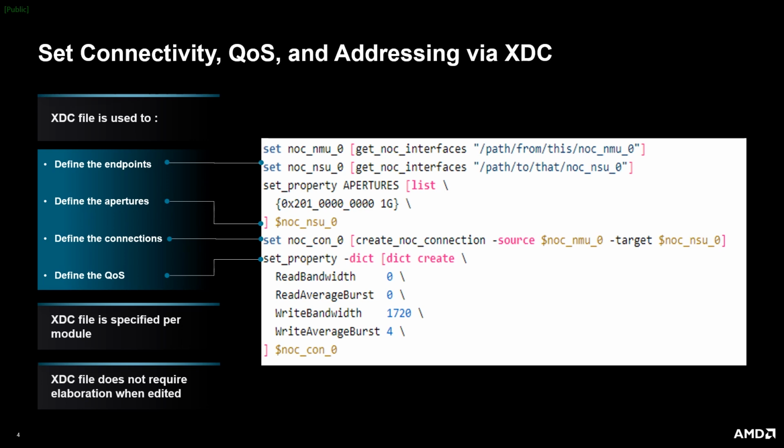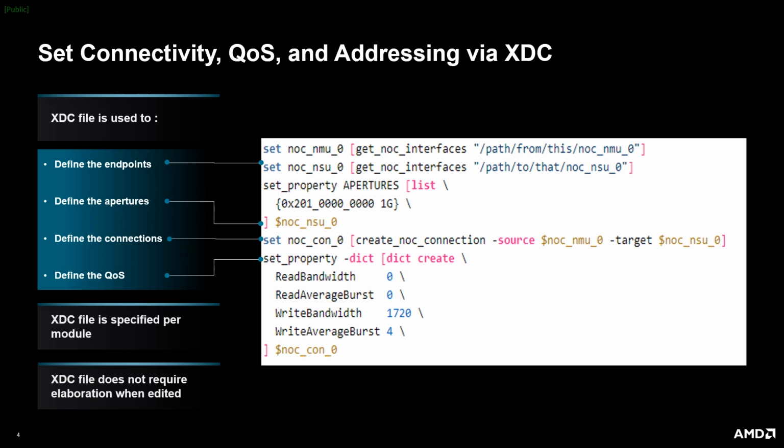Looking at the file, the first 2 lines of this file store the NMU and NSU instances into Tcl variables. These are given paths to NMU and NSU instances. In this manner, the command can be applied to the NMU and NSUs contained in either the XPM modules in RTL or the NOC IP in the block design. It does not matter how the NMU or NSUs are added to your design. In the example we've been describing, the NMU would be in the XPM module connected to the DMA in the RTL, and the NSU would be contained in the DDR memory controller within the NOC IP instance on the BD.